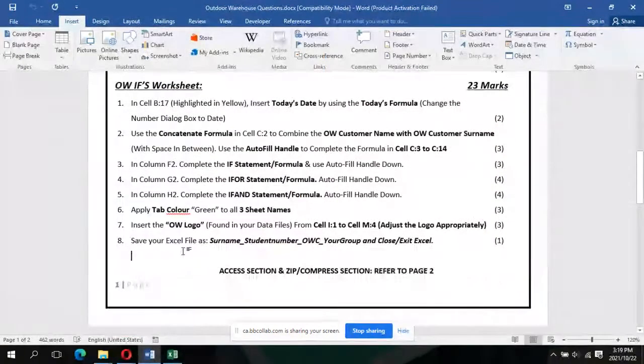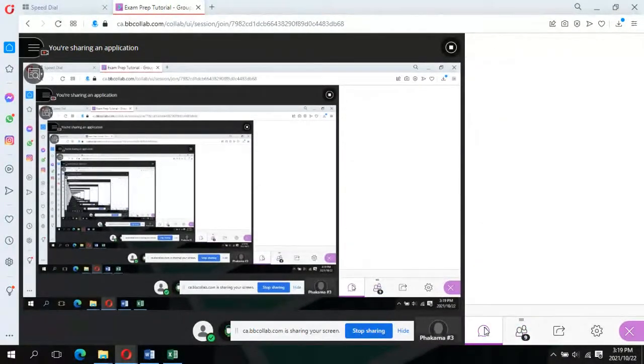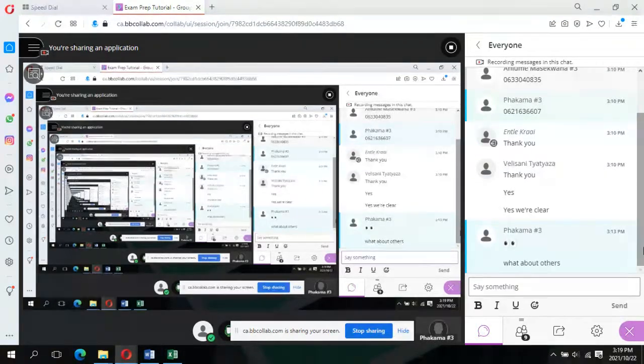And then you save your Excel as surname, student number, underscore, OWC, underscore your group, close, exit. Can one of you please tell me, how do you save a document? Can you please just remind me how we save a document? Because that is the most important thing when you're writing your exam. You have to make sure that you save and save and save. Otherwise, if you just save without renaming,